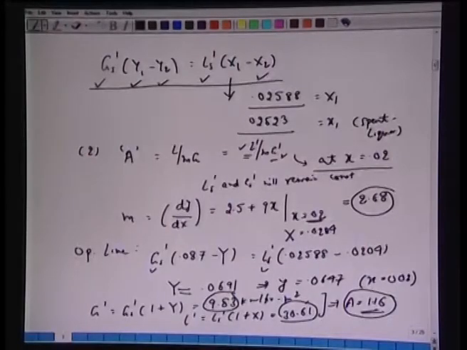So, in this example, the question was to calculate this absorption factor L by m over G at the location where the mole fraction in the liquid phase is 0.02. So, we have to find out what is y corresponding to small x. For that we wrote down the operating line equation, which connects the bulk phase concentration: given x, what is y, knowing the flow rates.